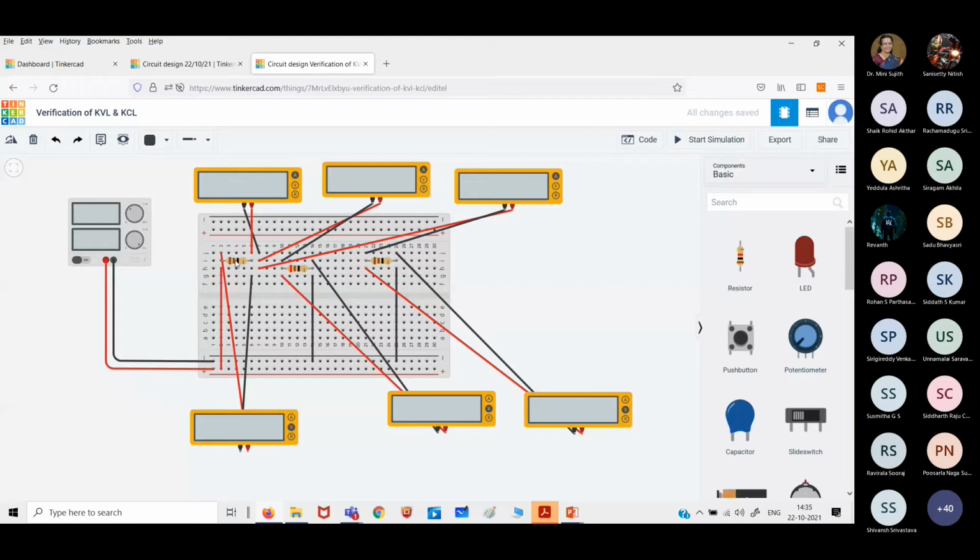So power supply to resistor, you can check resistor 1 value, it is 11 ohms. Then resistor to ammeter, you can see here ammeter positive, ammeter negative is connected to another ammeter positive, then ammeter negative is connected to the second resistor, which is grounded. Okay, then this positive and negative short is the positive of the third ammeter, the negative is connected to the third resistor, and that is also grounded, that is the negative of the supply. So we are done with the ammeters.